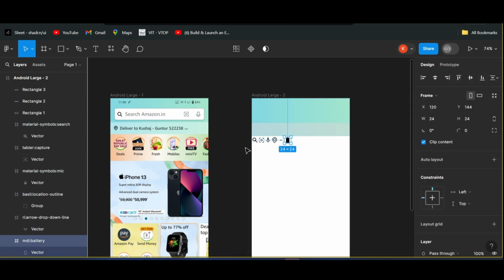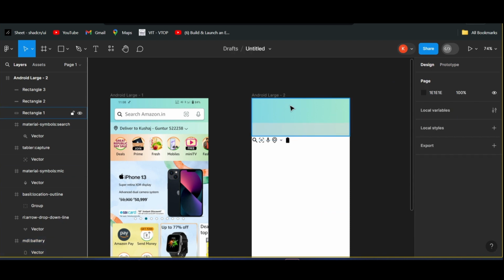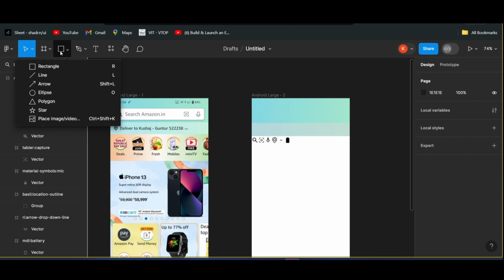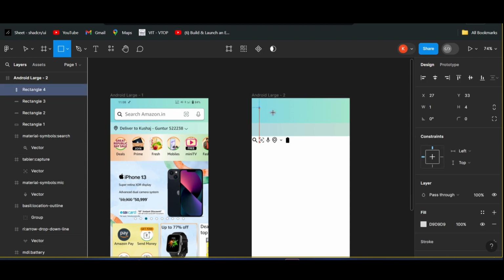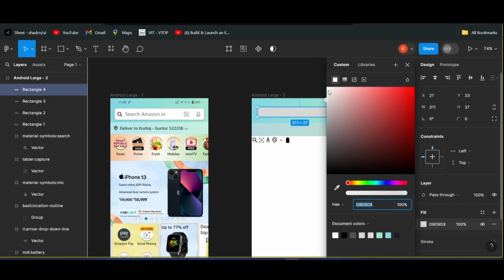Okay, so now we have got all the icons that we need for our header part. So yeah, first we need to make the search bar, right? So just click on the rectangle option, shape rectangle. Now drag the rectangle and make it suitable as you want. Can increase its length from the edges, change its color to pure white,